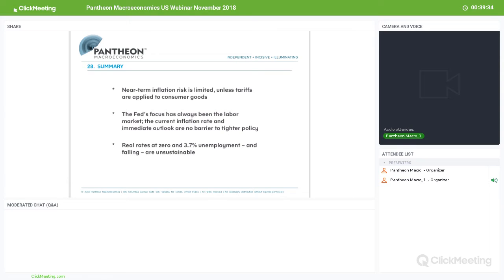There comes a point in the cycle where the nominal numbers become alarming, and we're not there yet. But that's the best time to be thinking about what you do when we get there, because when we get there might not be very far away. And when we get there, if unemployment at that point is 3.25% or 3% and still falling, and the real Fed funds rate by then is up to 50, 75, even 100 bips, I think I would expect that the